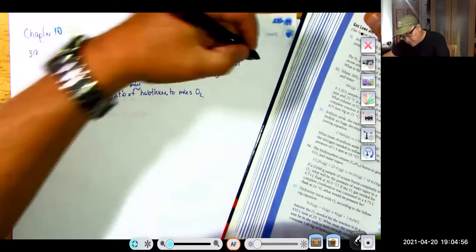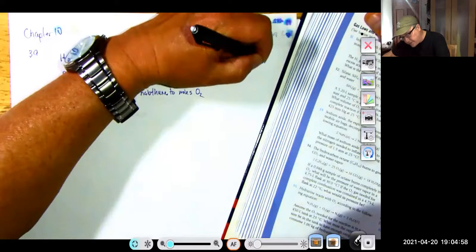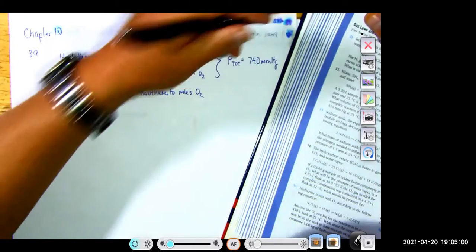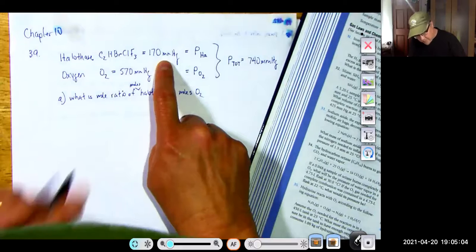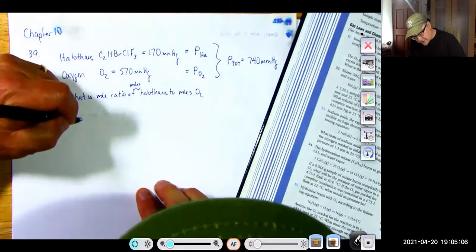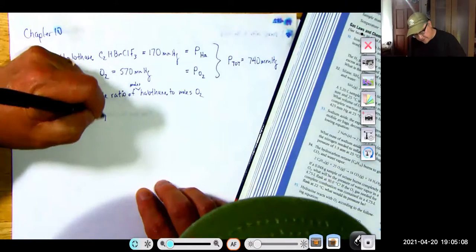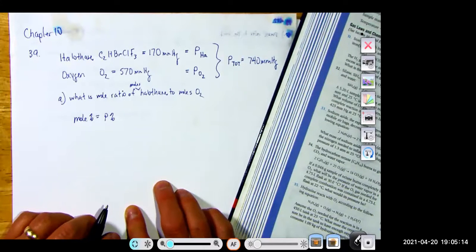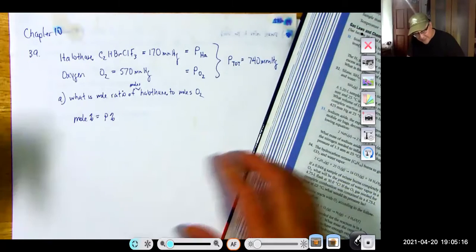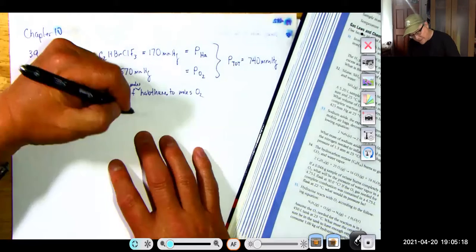Yeah, 740 millimeters of mercury, right? And here we have to understand that this is the pressure. But remember, the mole percentage is equal to the pressure percentage, so you could also write 170 mole halothane over 740 mole total. So you could say that the mole ratio is going to be